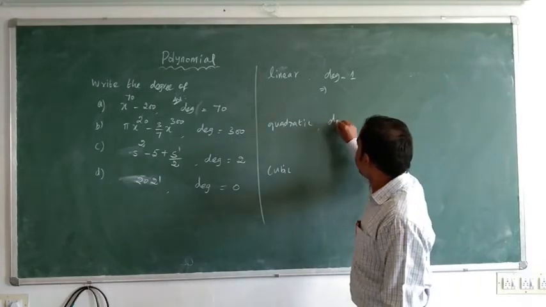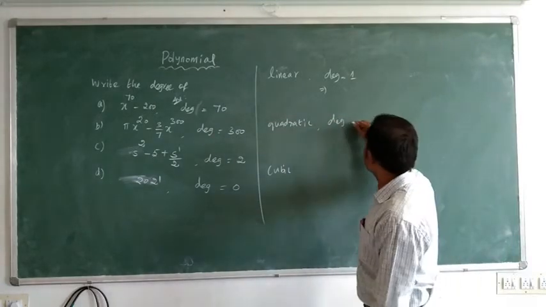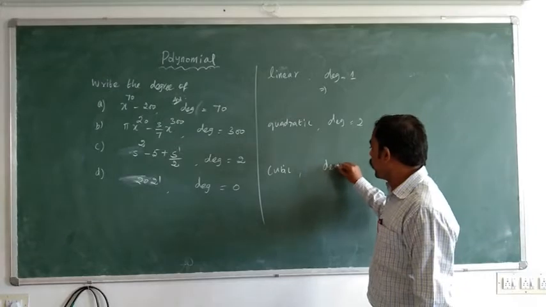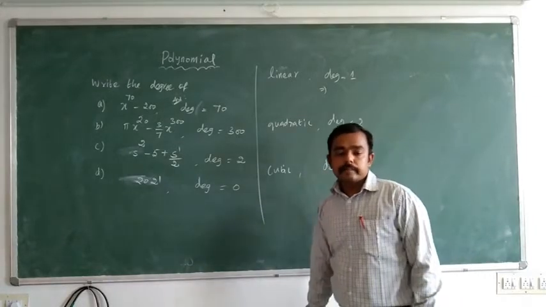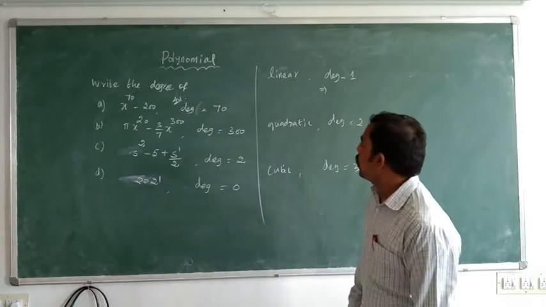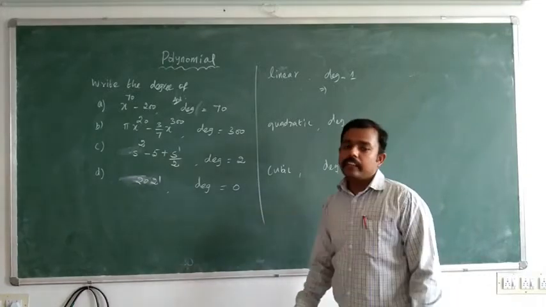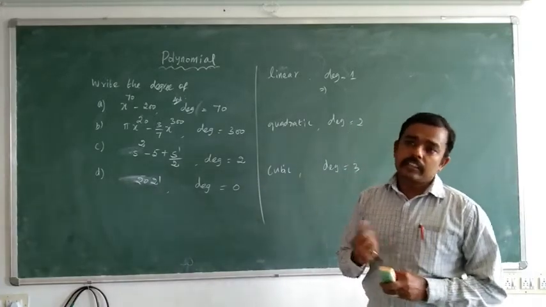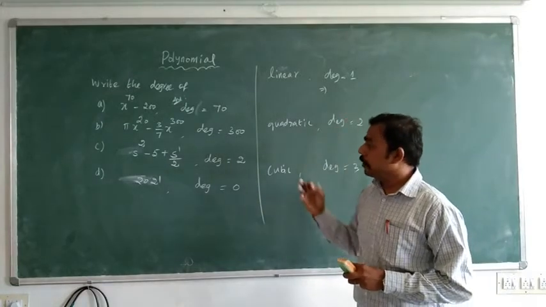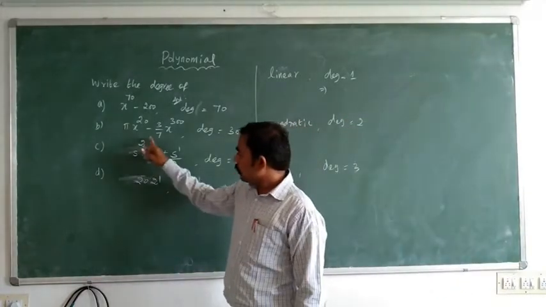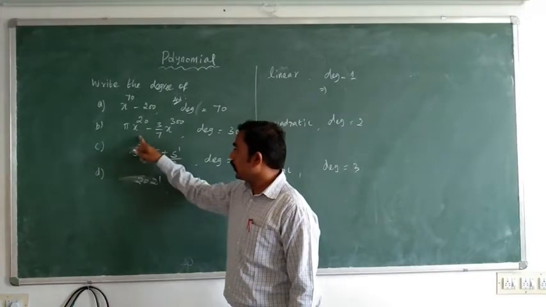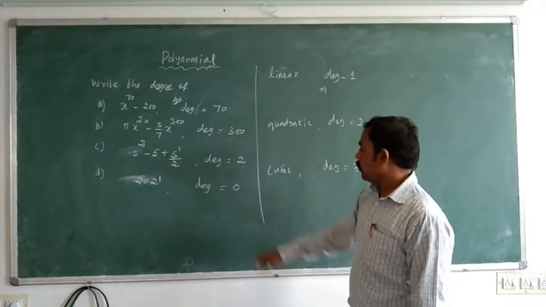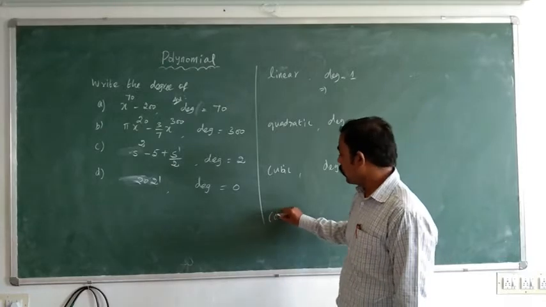The same way, if the degree of the given expression is 2, we can write it as a quadratic polynomial. Suppose the degree of the given expression is 3, we can write it's a cubic polynomial. For more than 3, we can write it's just a polynomial. Okay. So we have some relations between the degree and linear, quadratic and cubic. Check. Here we have x square something, x power 1. Here degree 2, so we can tell this is a quadratic polynomial. Now degree 0, it's called constant polynomial.